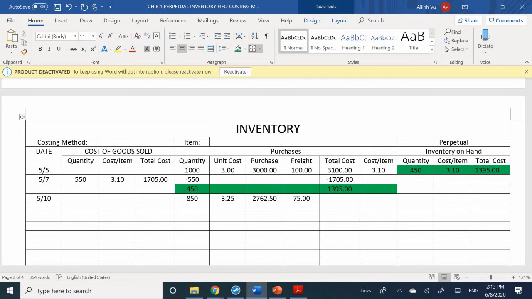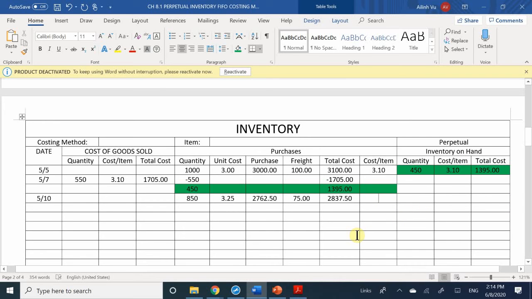So 2762.50 is what I've got. That's total purchases, the purchase. Oh, the freight cost, added. I'm still looking at the cost. So 2762.50 plus 75 freight gets you 2837.50. Okay, perfect. We divide that by the quantity of 850 and we get